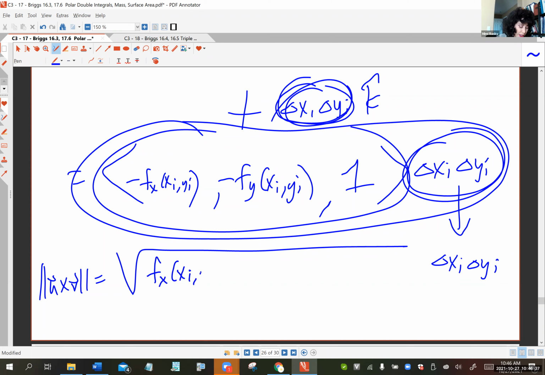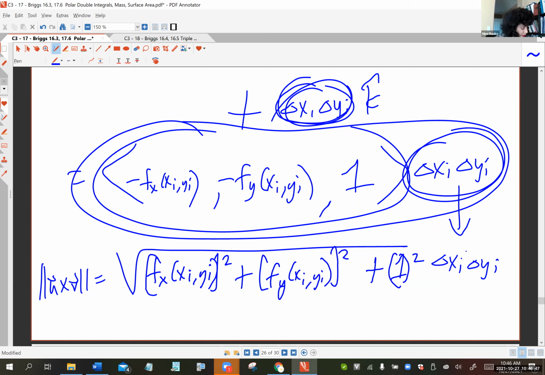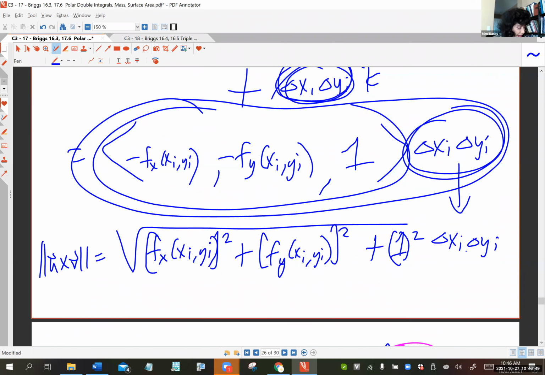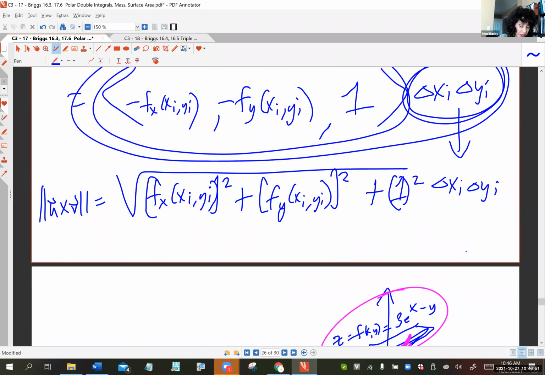And when you square a negative, you guys know it is going to be positive. So I'm just not even going to bother writing those negatives in here, like so. Okay. Now, what is the surface area? What are we saying our surface area is going to be? The surface area is approximately,